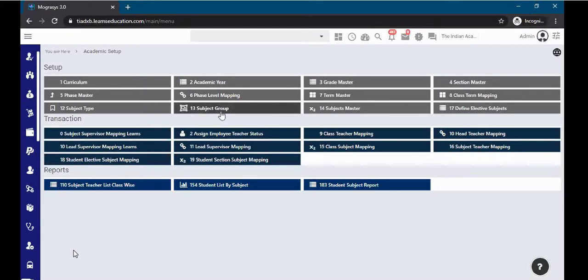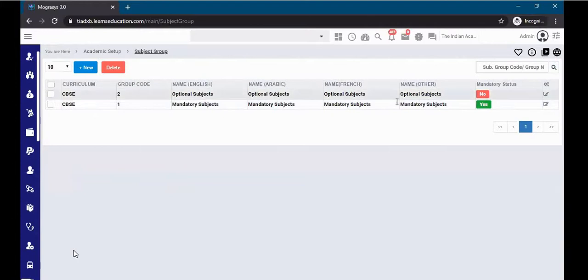The main idea is that earlier we didn't have any notion of which is a mandatory subject and which is an optional subject. The schools were doing all that manually. We don't have any provision for it. So for LIMS, what we have done is we have added one mandatory status field in subject group. Optional subject and mandatory subject status is there. Clear? Yes, sir. Okay, mandatory status we have added. I will explain the impact of this mandatory status when we see the section subject mapping. Just take a note of this mandatory status in subject group.